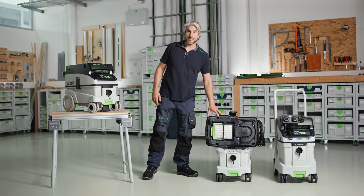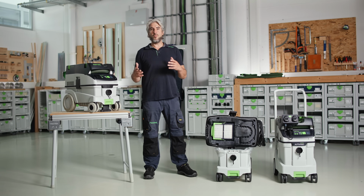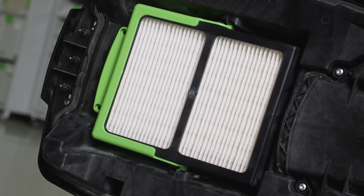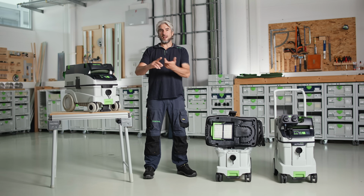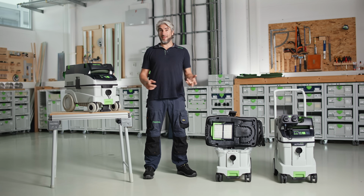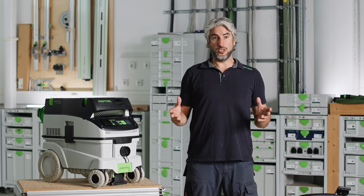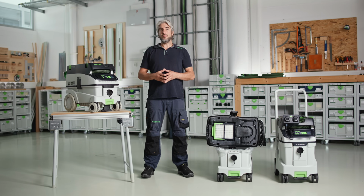Compared to their predecessors, they offer a more effective auto-clean filter cleaning when extracting especially mineral dusts. The advantages are consistently high suction power, long working intervals, and therefore significant time savings. It's also worth taking a look at some of the existing features, as some of them are simply unique on